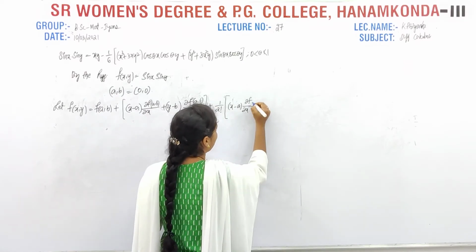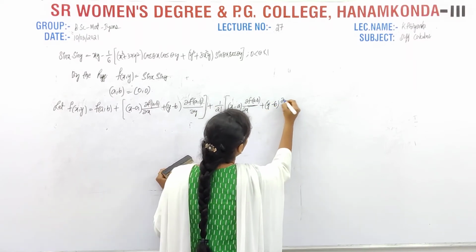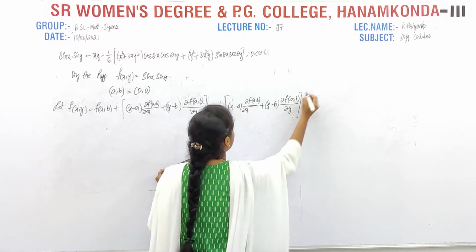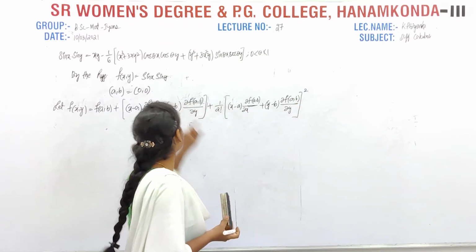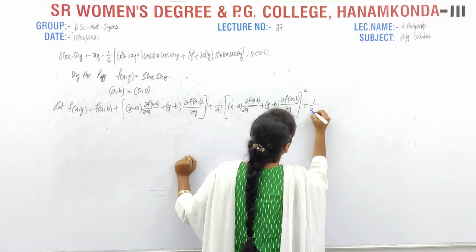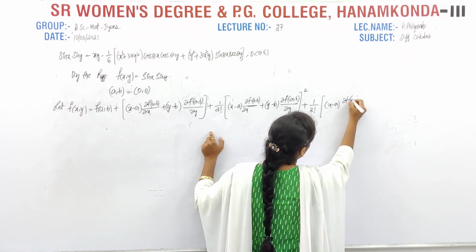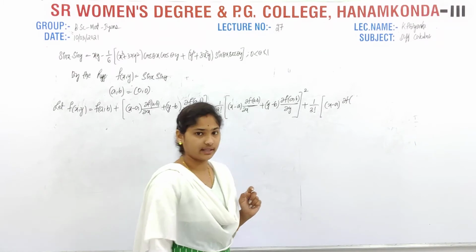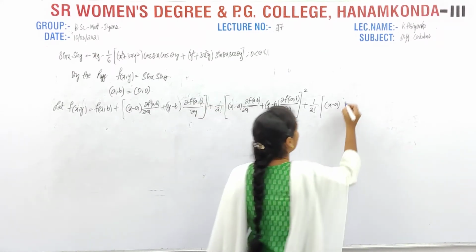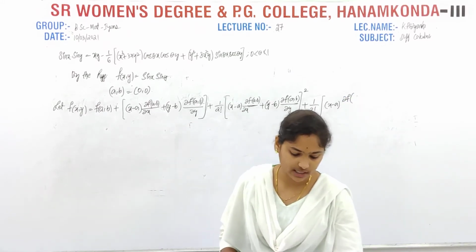Here, clearly I am mentioning the point also, a comma b, and plus here (y minus b) into dou f by dou y, and it is whole square. Up to the third term, because here we have x cube and y cube. That's why plus 1 by 3 factorial of (x minus a) into dou f, and here we have to take that the functional value is somewhat different. That's why what we have to write here is dou f of the point. What is the point? Simply the point is a plus